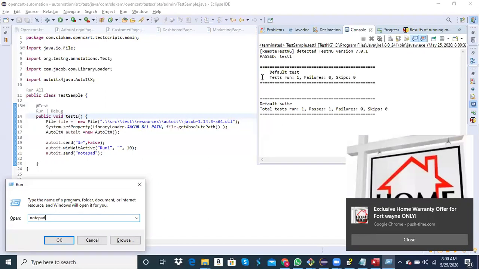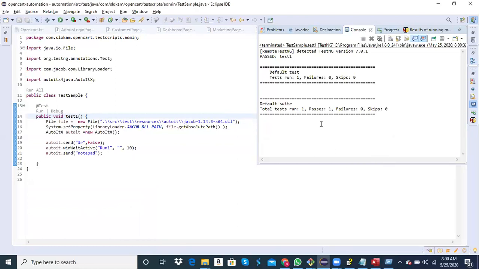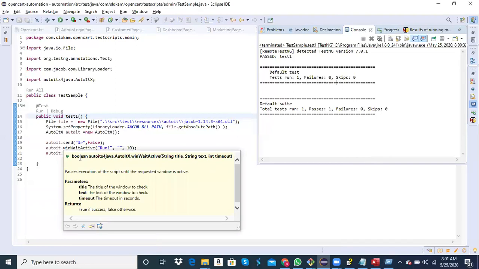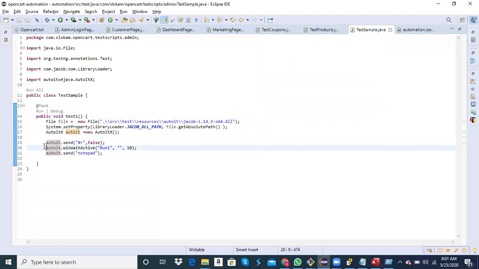After 10 seconds, it will simply ignore it and return false. Boolean, it returns false. You can check that if it is true, then only you can perform the next operations. If it is false, don't perform the next operations.